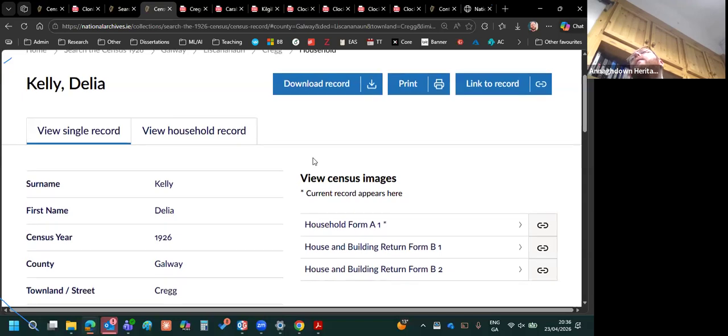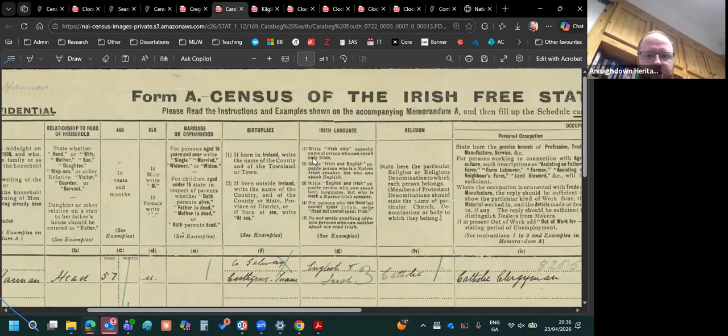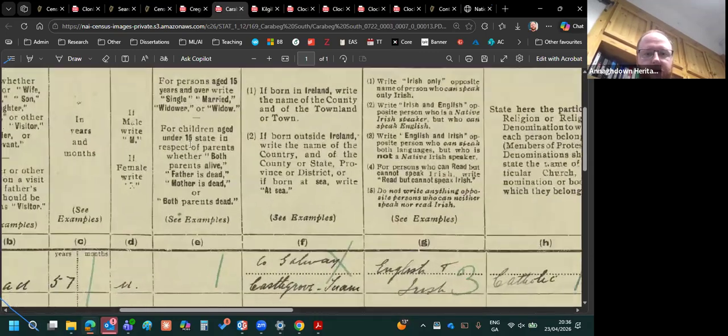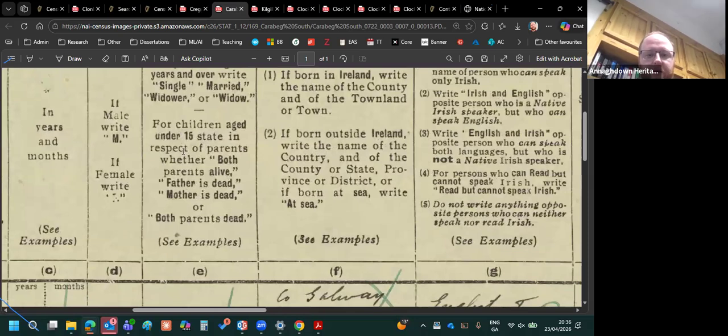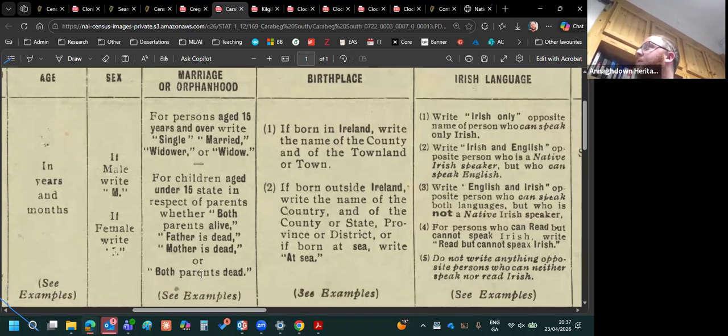It's that they went from being a son or a daughter to being single. Oh yeah, it was 14, was it, or even younger maybe? There's an instruction somewhere, I think. Yes, children under 15: state whether both parents alive, father is dead, mother is dead, or both parents are dead. But also the box was used for adults being single, married, widow, or widower. So most people ended up mixing that up and putting in that all the children were single instead of stating information about their parents, because they've overloaded this box with the two things.